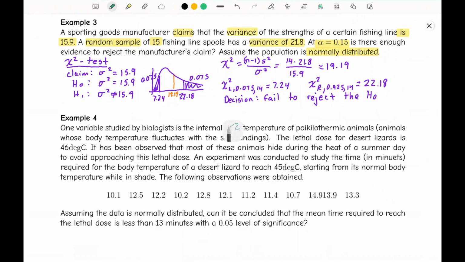Then our conclusion will be there is not enough evidence to reject the claim